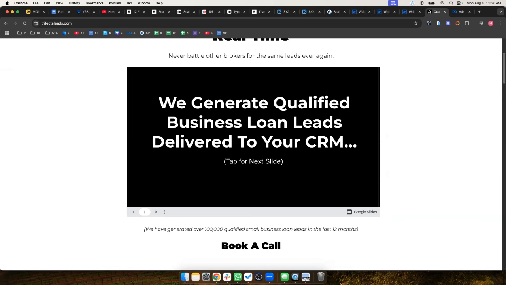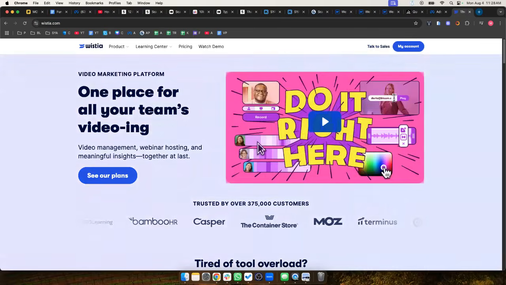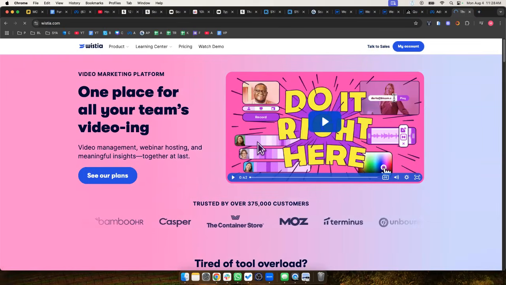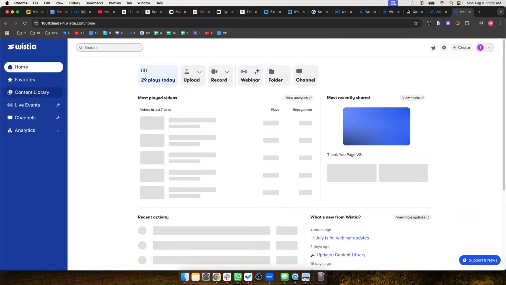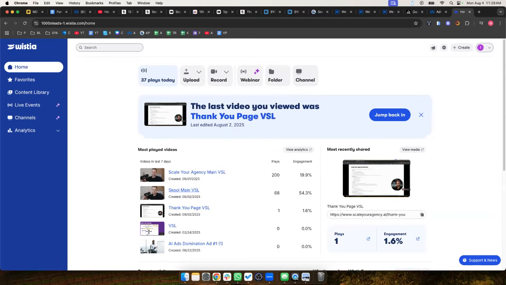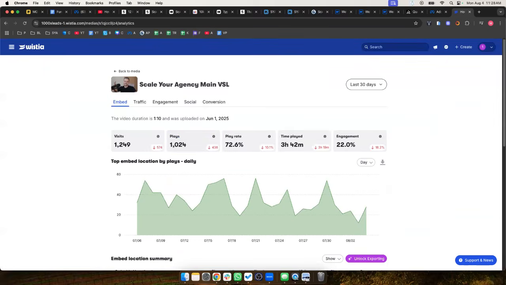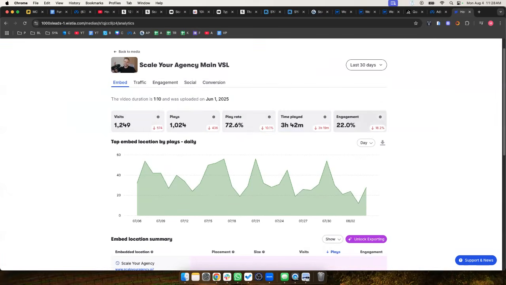Another instance is if you had a VSL embedded in your site on Wistia or something of that nature, and you see in the statistics that the engagement rate and the play rate are so low that people clearly don't care enough to watch.